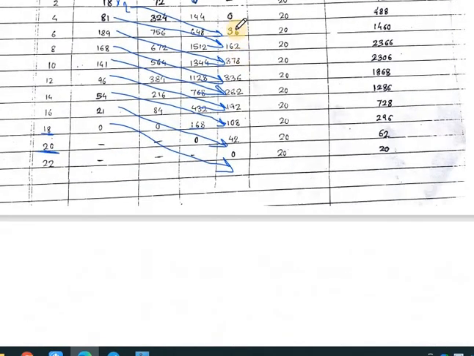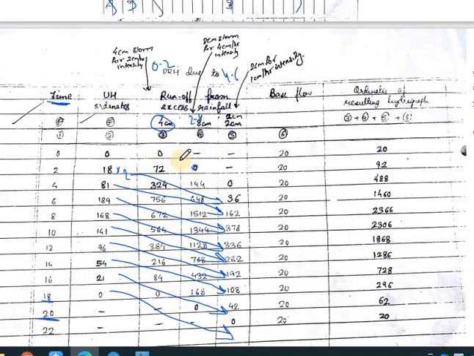Okay, so in this way you have to fill up your columns. This value multiplied by 4 will fill up this column. This multiplied by 8 will fill up this column, and multiplying this value with 2 you will get this column. The main thing to remember is that if the rainfall is starting from 0 to 2, you take 0 on this side and start your rainfall from 2 hours. When the rainfall is from 2 to 4, the 0 point will be at 2, and you start your rainfall from 4. When it is from 4 to 6 hours, you take 4 as 0 and start your rainfall at 6.